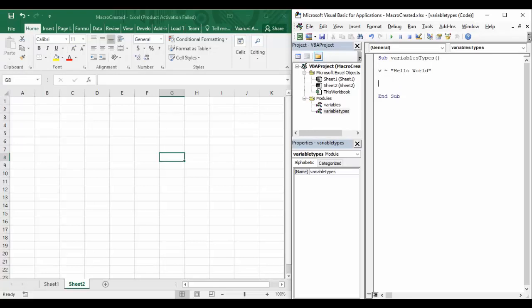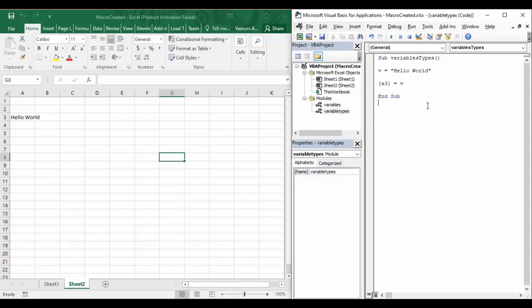So now variable v is holding a string value. And now we want to print this string value onto a cell, say A3. So simply we can write A3 in square brackets, put an equal sign and put the value of v. Now if we run this piece of code using the F8 function, after the first line, v is holding the value hello world, and when we execute this, you can see that in A3 the value of v, which was hello world, is now stored. So that's how it works.